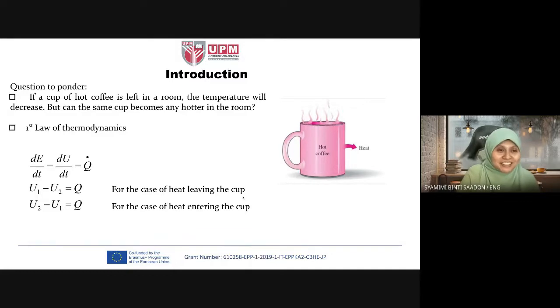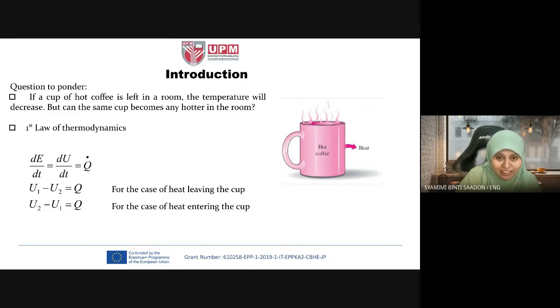In reality, it is logical. It can be done: the heat leaving the cup. But the second equation, we can write it, and the equation seems correct, but in reality, physically, this cannot happen. The heat cannot enter back into the cup on its own. So the reverse process cannot occur. In reality, this is wrong. You can write the equation mathematically, but physically it is wrong. So the reverse process cannot occur.